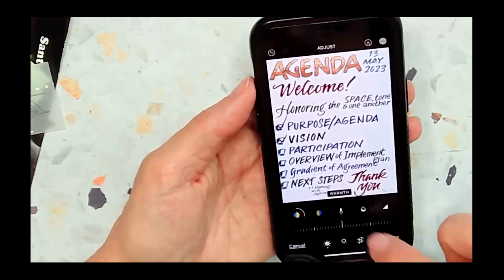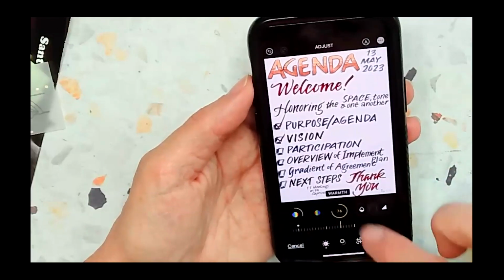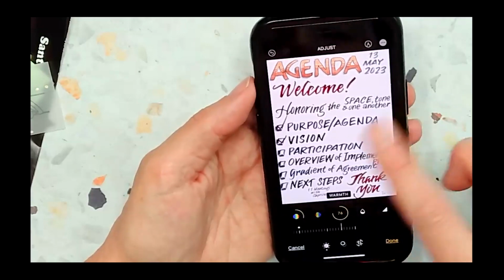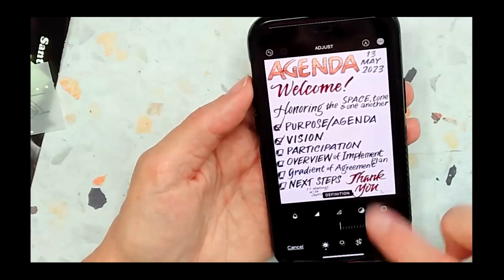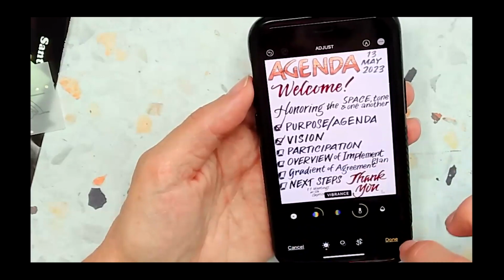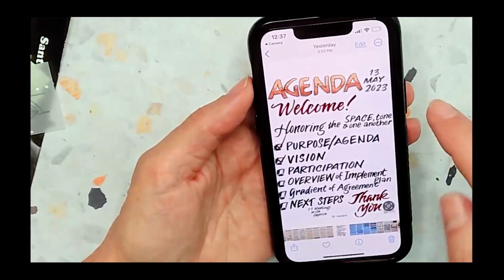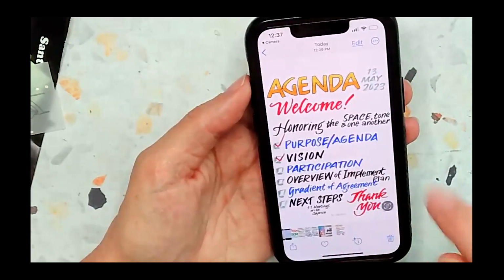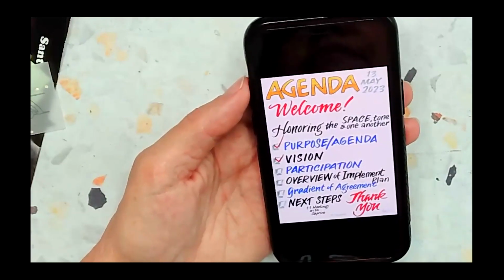Warmth, this is an important one here. I need to pop it from blue to yellow and find that neutral place. It looks pretty good on screen in terms of the recording here, but it doesn't look great on my camera. And I can't do that special thing where I take different areas and make them more bright. So I'm just going to skip all of these other options. But again, I can hit done and I can save it like that. And let's just go back and see how that compares to this. To me, this looks a little bit brighter, especially my blues. So I really like Snapseed for that reason. And if you want